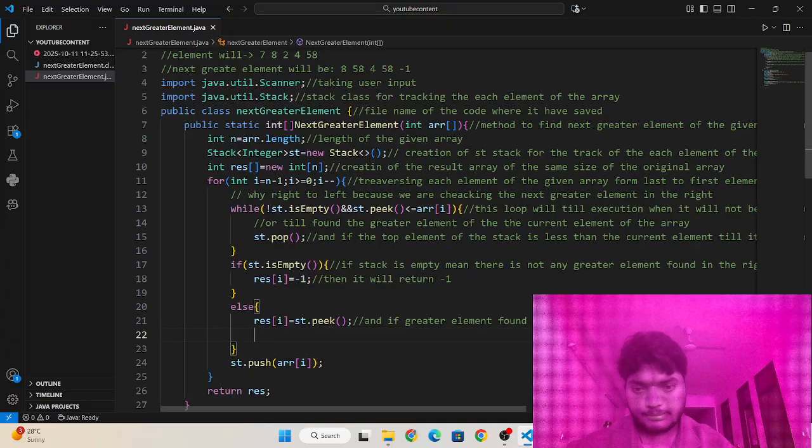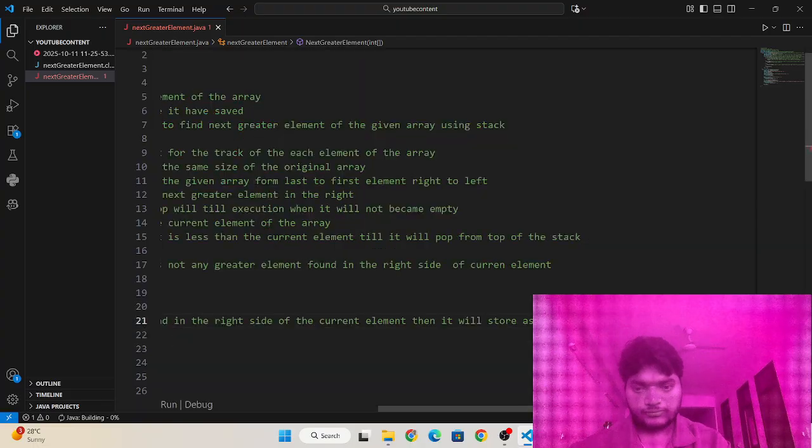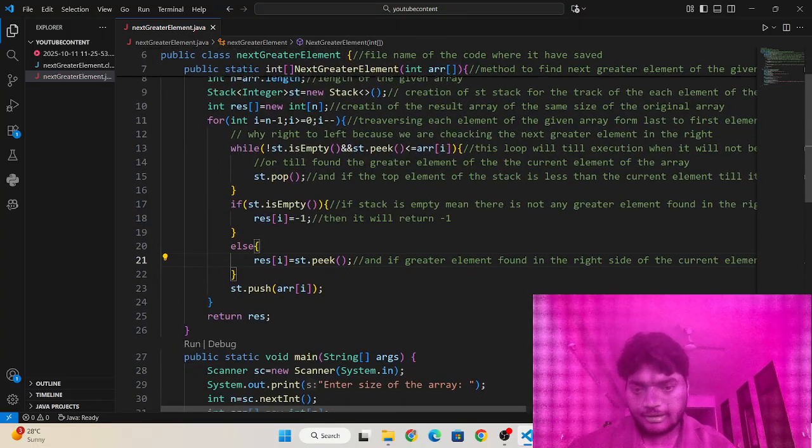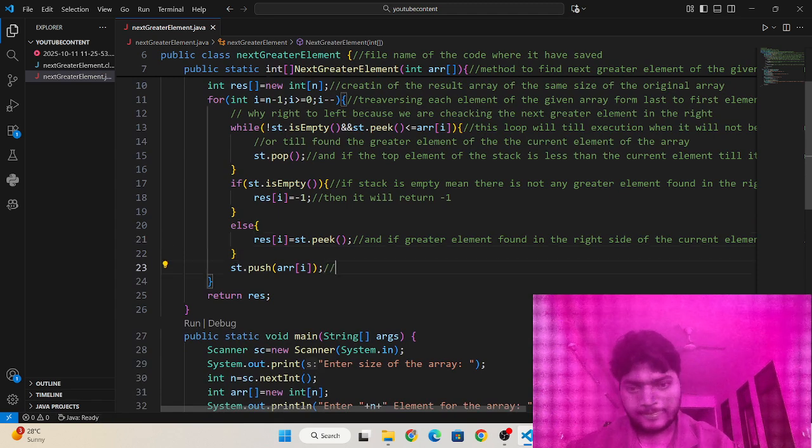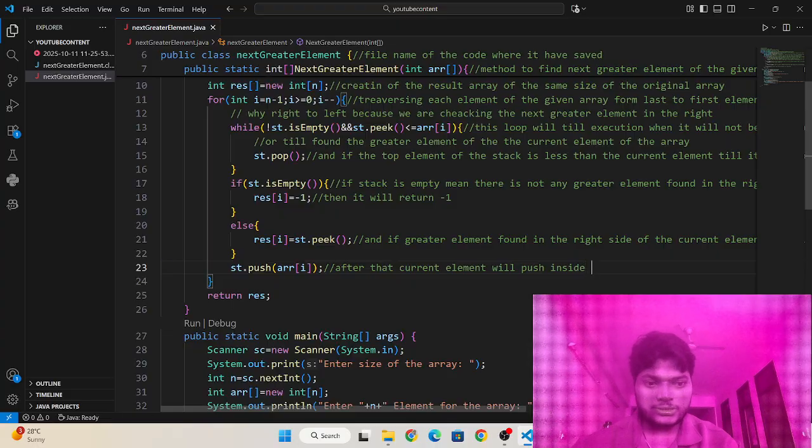Okay, and after that the current element will be pushed inside the stack for checking.